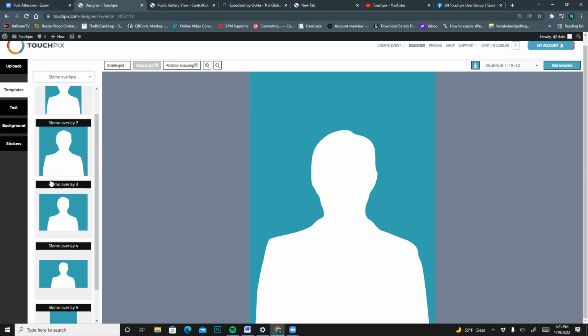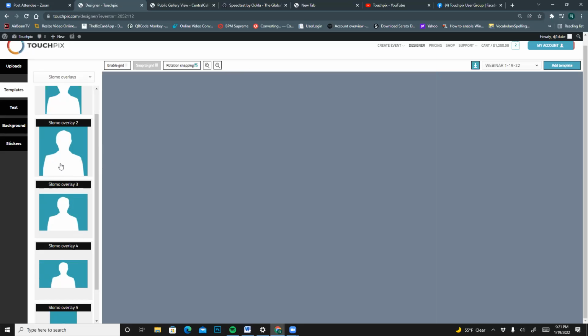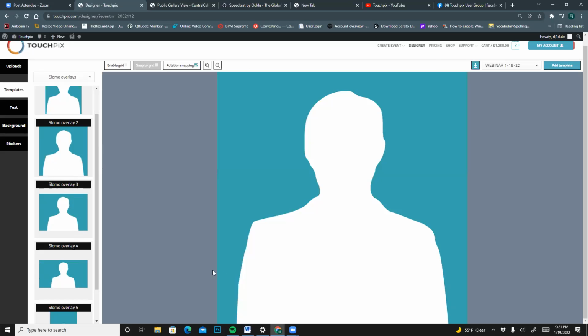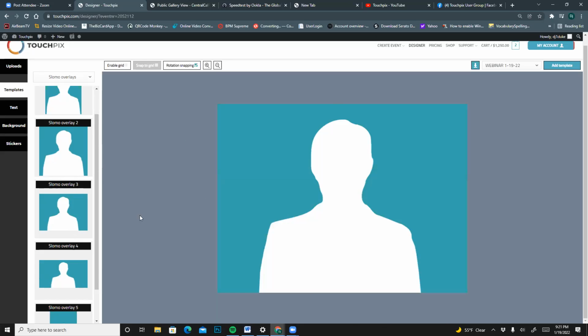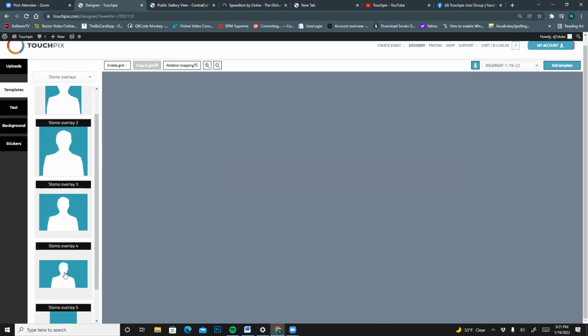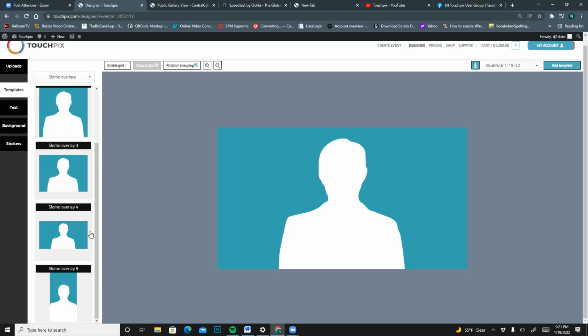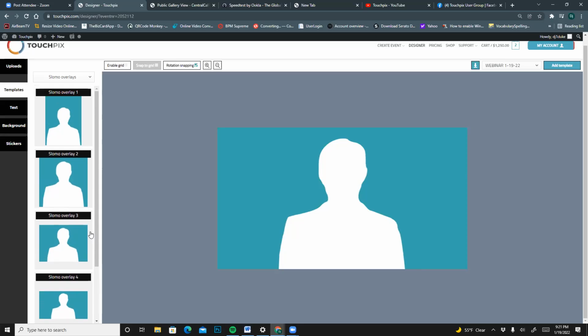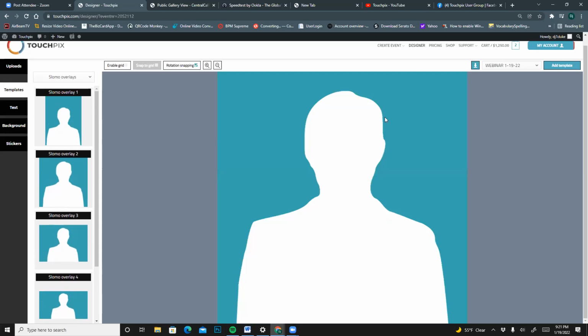So the most popular one is template 2 because it's a square. If I click on template 2, you can see the silhouette and it's a perfect square. This is very social media friendly. This is why it's popular. But template 3 is also a good option. It gives you a wider angle view. It's not as zoomed in, right? And template 4 is extremely wide angle view, but you play with whatever is a good fit for you. I typically like to show template 2, right? It's a